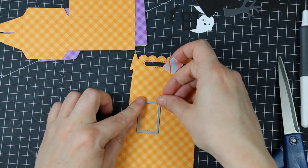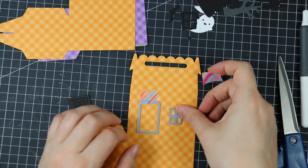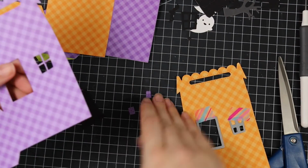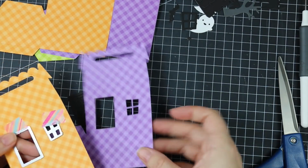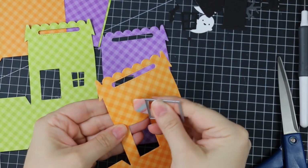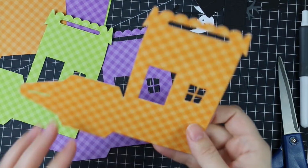And now I'm lining up this rectangle die onto one of the orange pieces. This is going to die cut a window or like an opening onto the inside, because there's also this little window die. So I held those into place with some washi tape, and I was able to run 2 through at the same time. And before I remove those dies from the orange, I'm actually just going to line up that green piece as well and then run that through. So I don't have to fiddle with lining up those dies on all 3 pieces. It just was simple. So now I'm going to remove those dies, and now I have openings to the insides